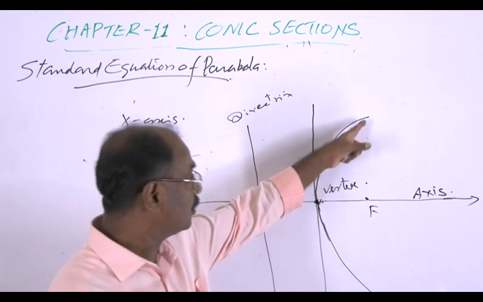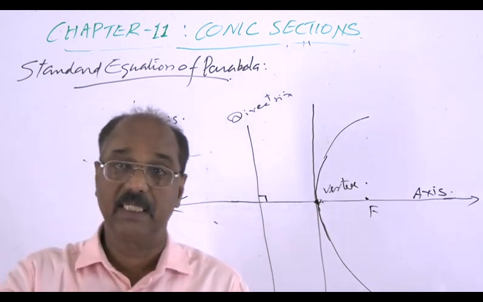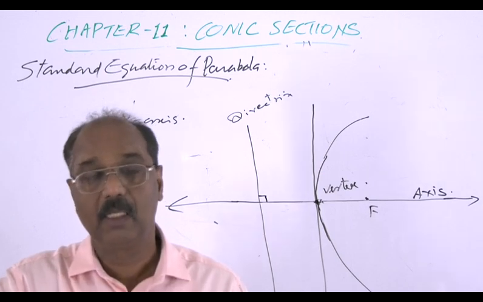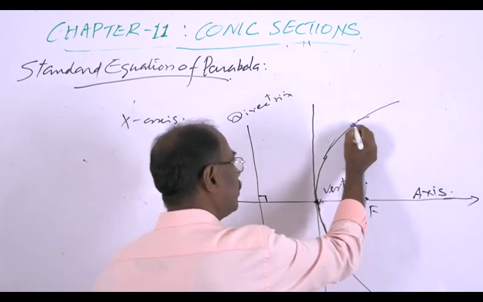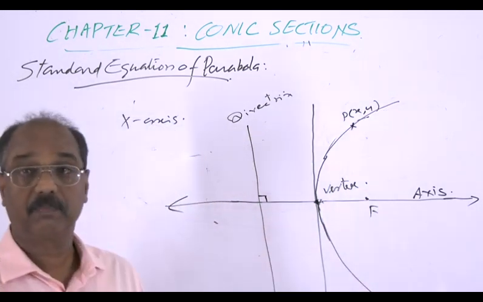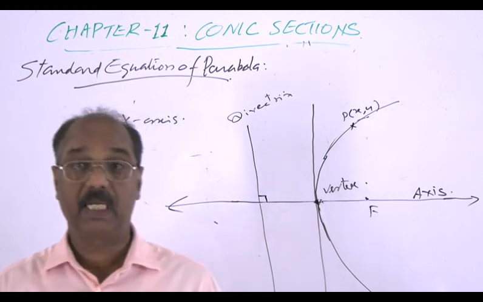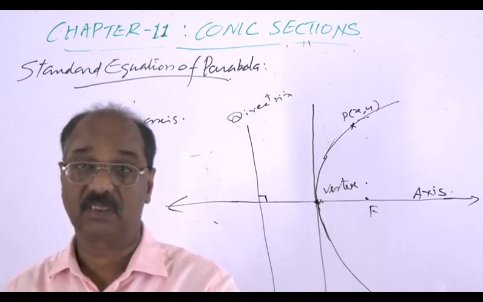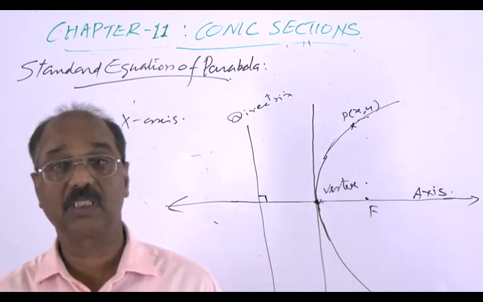Then if we derive the equation of this parabola, the equation obtained is the standard equation. So we can derive it. For deriving this, what we do is take a point P(x, y) on the parabola. And also remember that for a parabola there is the directrix and also the focus, a fixed point and a fixed line, that should be chosen.